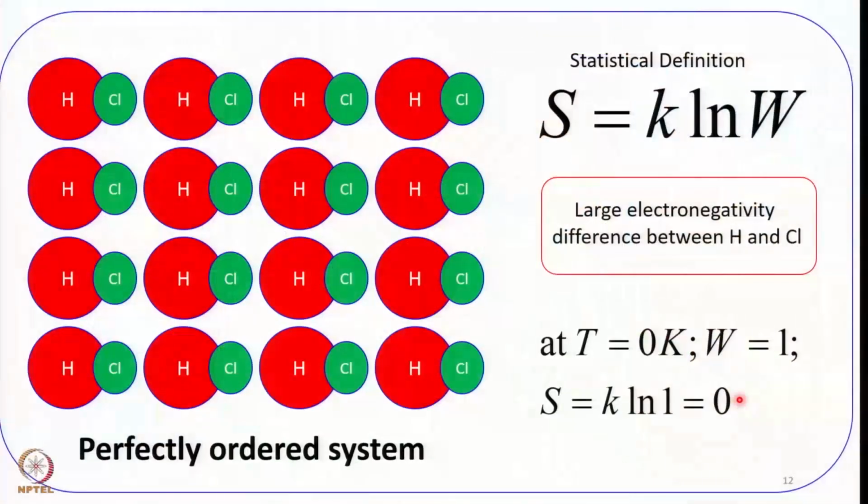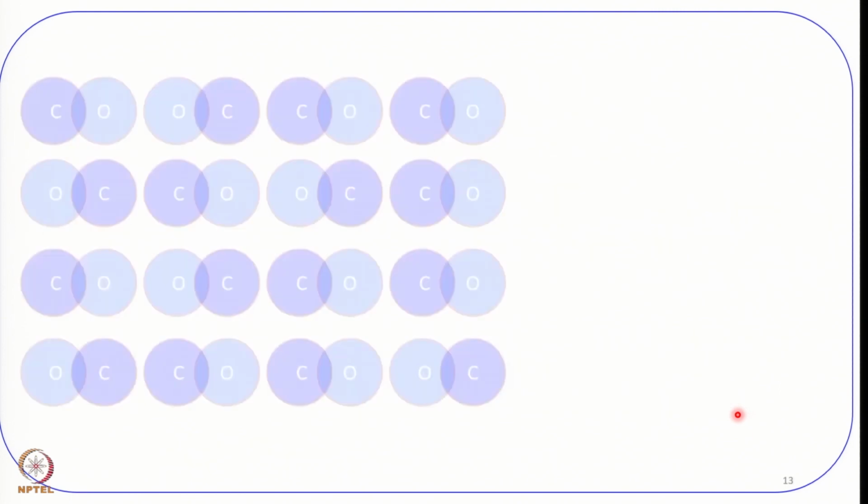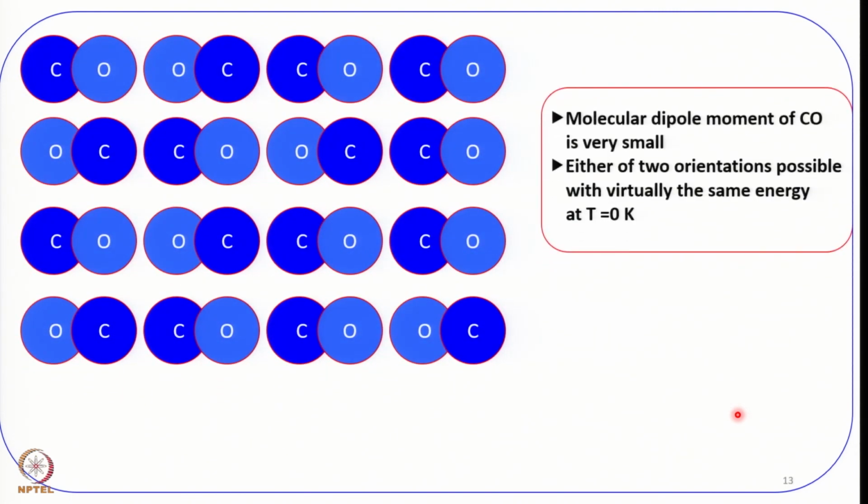It may become 0 at absolute 0, and it does become 0 at absolute 0, but for perfectly ordered systems, perfect crystals. And we demonstrated here that for such perfect crystals, S is equal to 0. And if there is no perfection even at absolute 0, for example, you talk about carbon monoxide,